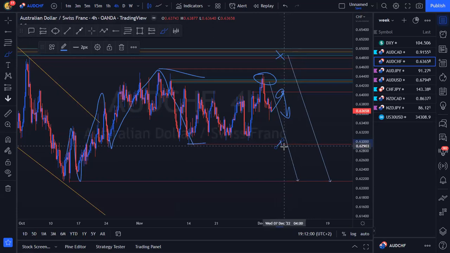And if the setup fails, if we get inside here, then obviously we look for bullish momentum down at this extreme low. But for now, I am more sell biased than I am bullish biased, just because of the overall structure. I do see a sense of sellers involved there. So I am going to look for some sell bias trading momentum.